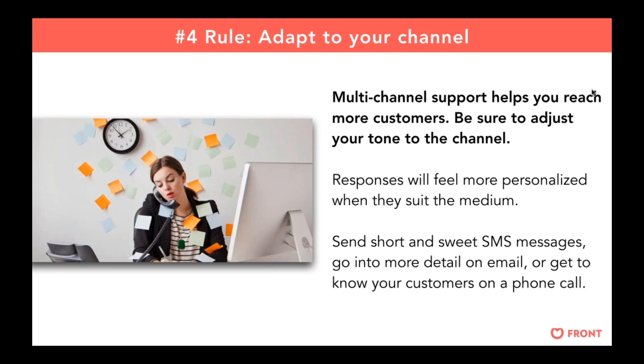The fourth principle, adapting to your channel, is geared towards one of the major trends we're seeing in customer-facing teams today: multi-channel support. Companies want customers to be able to reach them anytime, anywhere, which means you also need to be accessible anytime and anywhere for them. It can be hard enough to manage customer messages across just one channel. So how do you then do that for multiple email addresses, SMS channels, web and in-app chat, plus phone calls